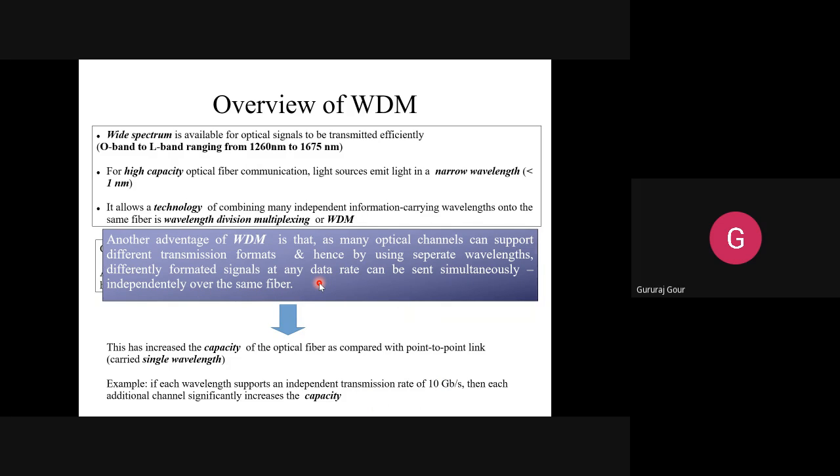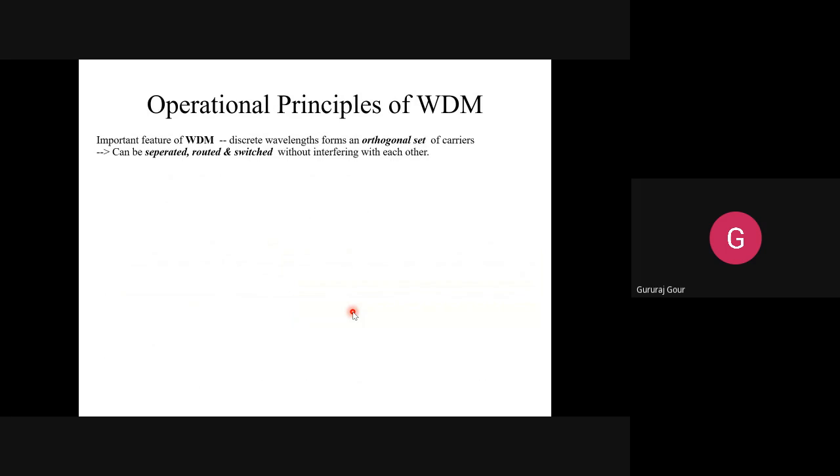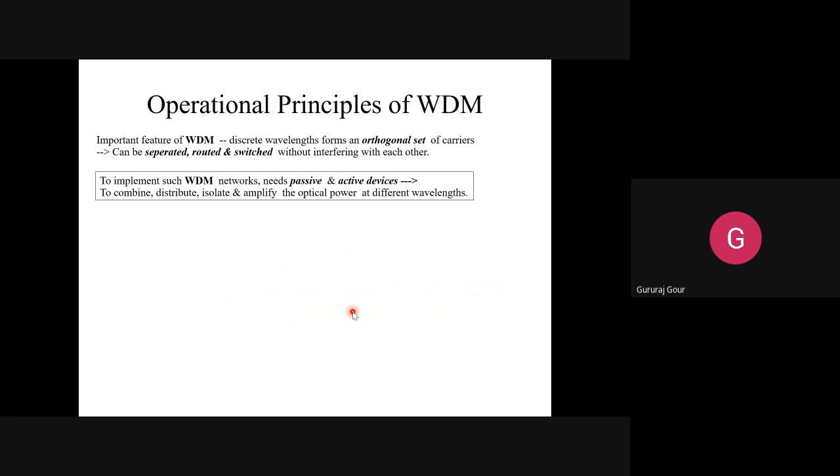Multiplexed, but they can be separated by some guard band. Guard band is the one that ensures that even after multiplexing, your multiple wavelengths cannot be overlapped. They will be separated by some distance, some wavelength. That is a guard band. So in this context, you are going to get one question: define and explain the WDM, for 3 to 6 marks. Okay. Next, we can go for another aspect, that is the operational principles of the WDM.